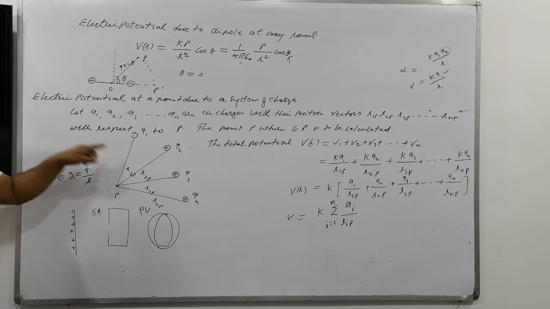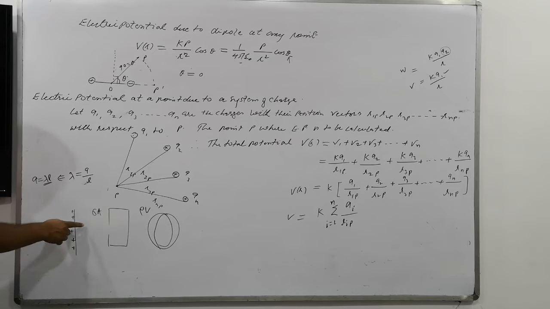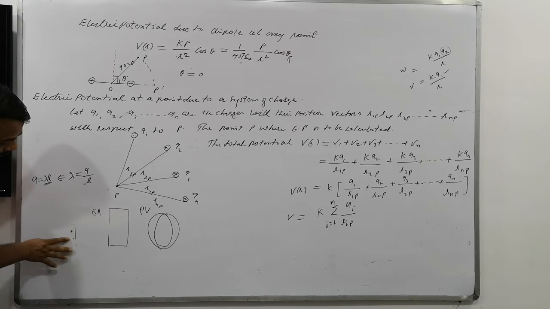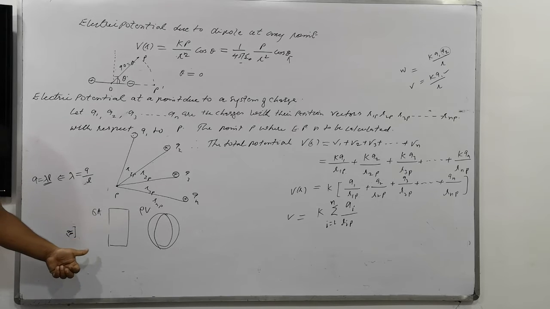Right now, in the case of the continuous distribution, what is the meaning of continuous distribution? I have given the charge throughout the length, and the charge will be distributed. So consider a small piece of length, which we speak of here as dl. It is not a length, but we can consider it a length of charge, because throughout the length the charge has been distributed. Is that clear? So you have given the charge a shape. However, the charge does not have a shape, but you have distributed the charge throughout that.